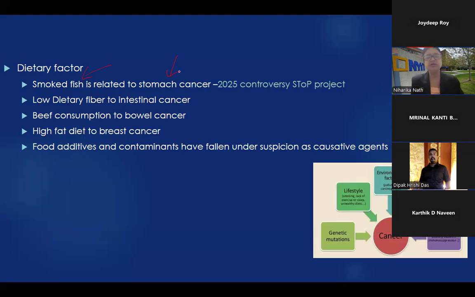So in India there is stomach cancer, but not everybody takes all that fish. Now there are some controversies. A recent project has a controversy and just says no, smoked fish does not do that. So the salted and shutki mach kind of items, those are the ones that are still running a controversy. Then, like I said, too much fat in the meat causes intestinal cancer, colorectal cancer, sorry. Too much fat can also cause breast cancer.